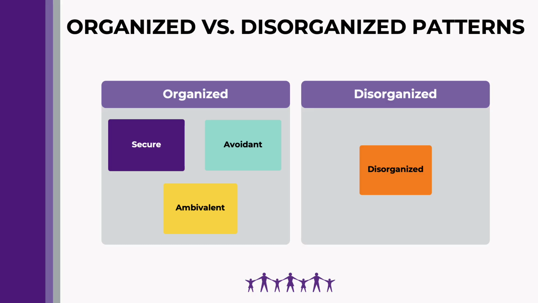Organized versus disorganized patterns. The patterns discussed up to this point are all organized attachment patterns. Although secure attachment patterns are associated with the best outcomes, the patterns we've discussed so far are organized and mostly effective strategies that help people get their needs met. The child has adapted to their environment and their caregiver. We call these organized patterns because there is a clear and predictable pattern of behavior. However,